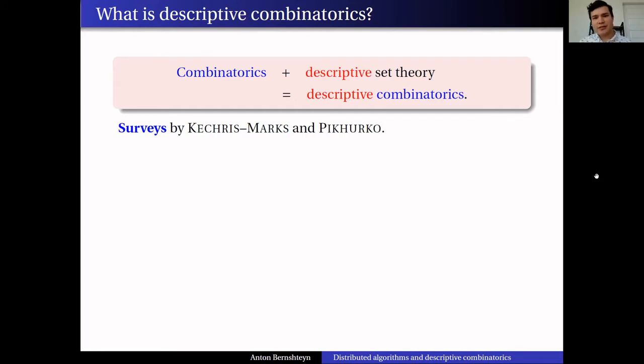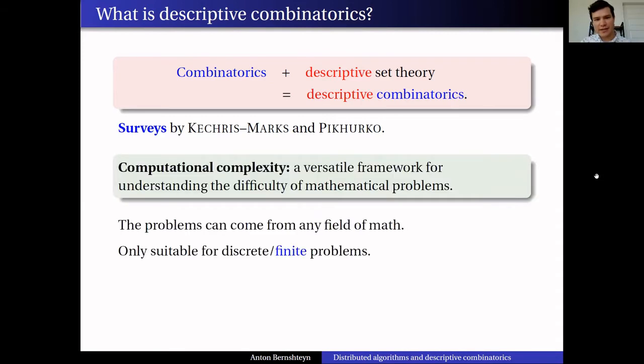So to motivate the sort of questions that we ask in descriptive set theory, I would like to draw some parallels to computational complexity, which is a subject that is probably familiar to most of you. Computational complexity provides a general framework for studying the difficulty of mathematical problems. And it's really versatile. The problems can be of any nature. They can come from graph theory, number theory, algebra, really any field of math. The only restriction is that they have to be finite problems somehow,